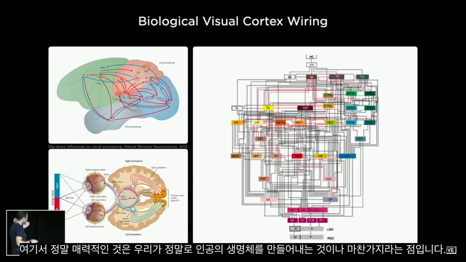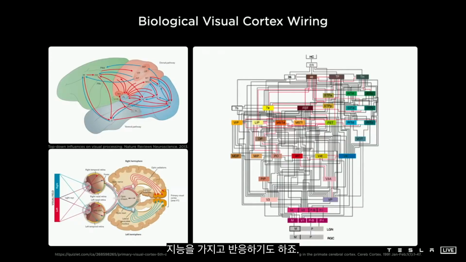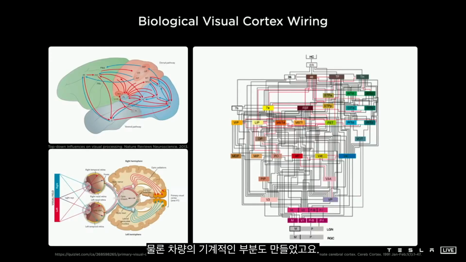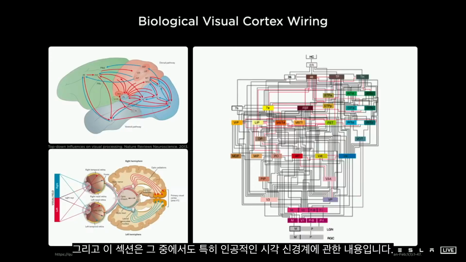Now, what I find kind of fascinating about this is that we are effectively building a synthetic animal from the ground up. So the car can be thought of as an animal. It moves around, it senses the environment, and acts autonomously and intelligently. And we are building all of the components from scratch in-house. So we are building, of course, all of the mechanical components of the body, the nervous system, which is all of the electrical components, and for our purposes, the brain of the autopilot, and specifically for this section, the synthetic